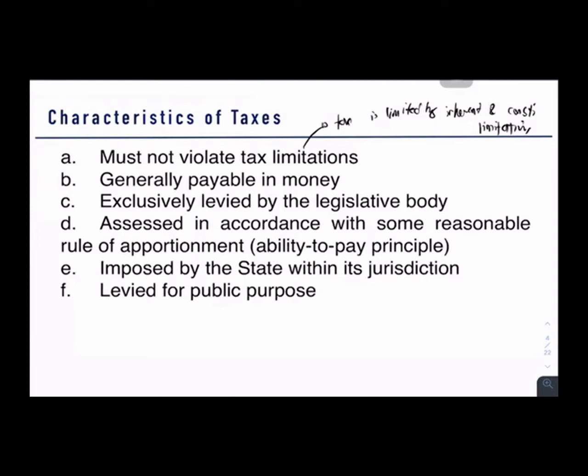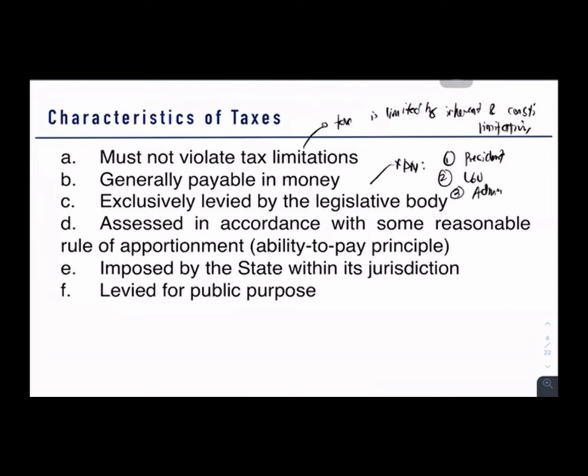Next, a characteristic of tax is that it is exclusively levied by the legislative body. When we say it is exclusively levied by the legislative body, the power to tax is within the legislative, so it is within the Congress, and we learned that in our last topic. However, we have exemptions to this. So what are the exemptions? First is the power of the president to impose tariffs, taxes, or customs duties. Next, the power of the local government units to impose local taxes. And last one,